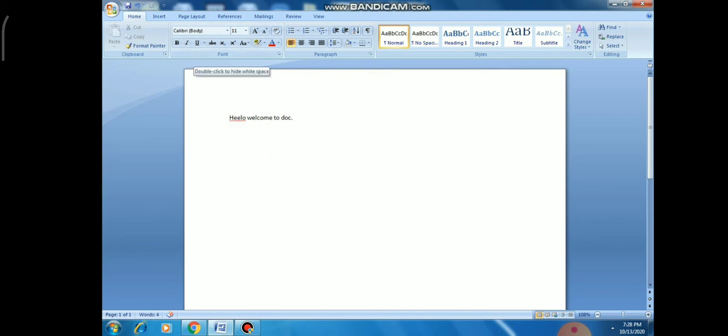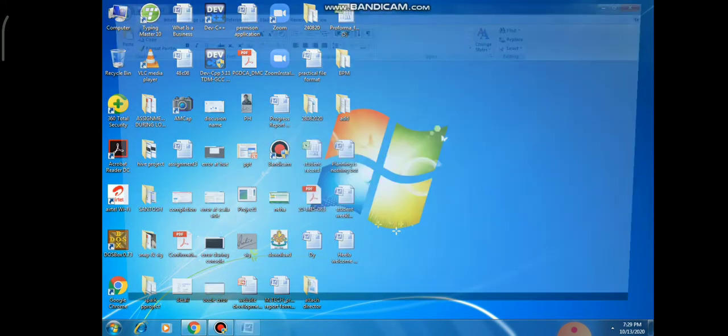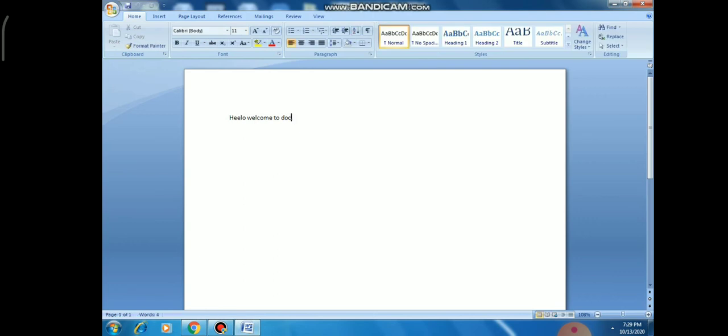So dear students, you can also edit your file. To edit some text in your file, first of all close your previous file. Here I am closing my previous file, just like this. Then again, if I want to edit, I can open this file. Here I am writing the words, this is my first file. So this is the way I can edit the text in my file.